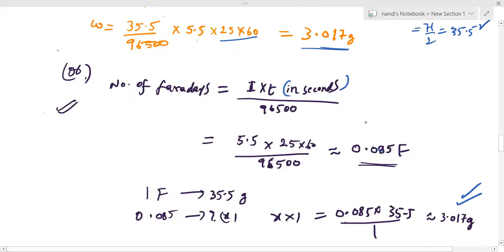So it is just formula substitution, directly substituting the given values. Today you can try the NCERT problems. You just have to know the equivalent weight of the substance. The remaining values they provide, and they are asking for W. That's all. So next question, right? When electrolysis of molten KCl is done, at the electrode 5.6 liters of Cl2 is formed.